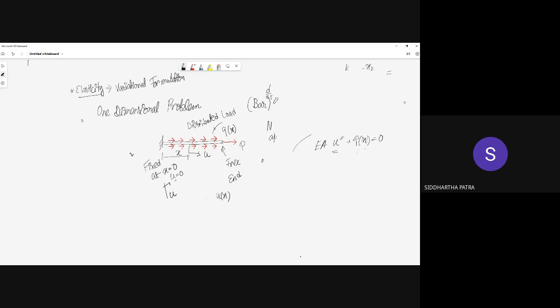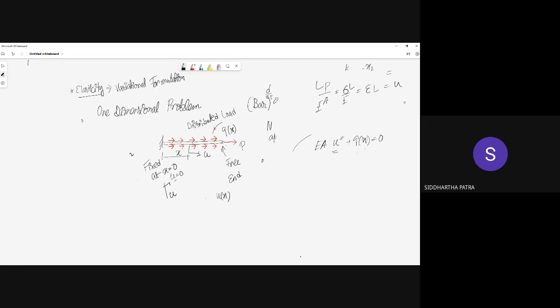We want to develop a numerical method. A bar problem is a very simple problem. Even in your strength of materials, some of you probably didn't go through bar problems because they are so trivial. You know that you can simply divide the P by the cross-section area, and that becomes your stress. Then you divide that by Young's modulus, then that becomes your strain, and that strain multiplied with the length essentially becomes your elongation, that is the tip deflection.